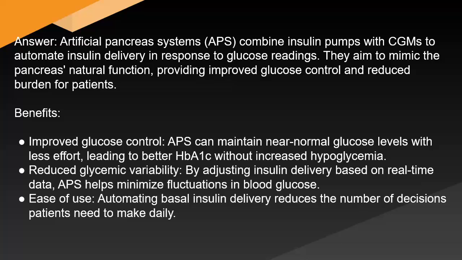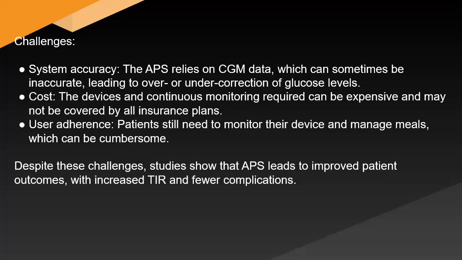By adjusting insulin delivery based on real-time data, APS helps minimize fluctuations in blood glucose. Ease of use: automating basal insulin delivery reduces the number of decisions patients need to make daily. Challenges: system accuracy. The APS relies on CGM data, which can sometimes be inaccurate, leading to over or undercorrection of